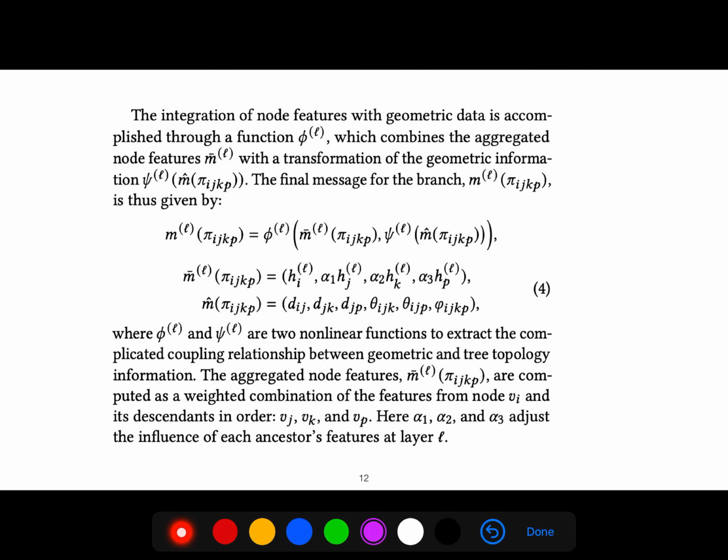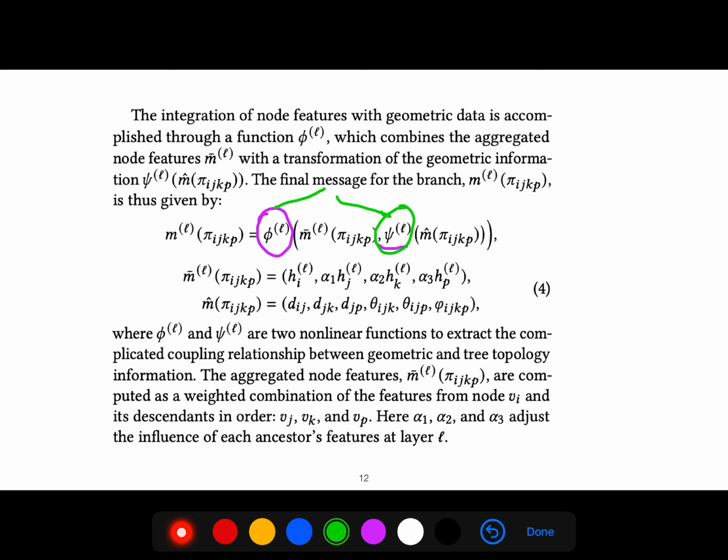So the integration of node features with geometric data is accomplished through a function phi sub L, which combines aggregated node features with a transformation of geometric information psi. So these are geometric transformations. The final message is this. It's very important to know that this psi is a geometric transformation. And both of them, of course, are two nonlinear functions to extract the complicated coupling relationship between geometric and tree